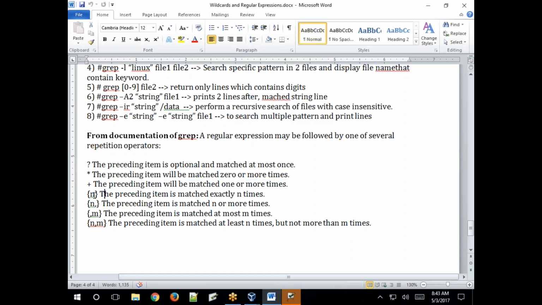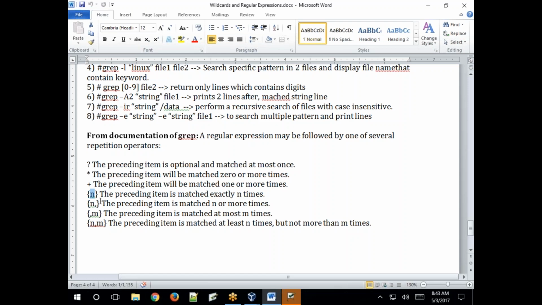If you specify a pattern inside curly braces, the preceding item is matched exactly n times. What is n?